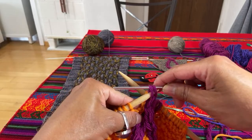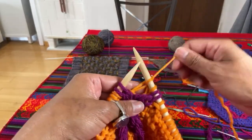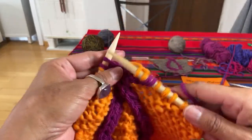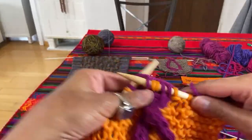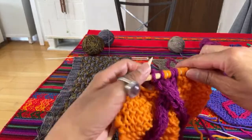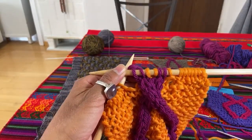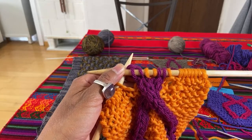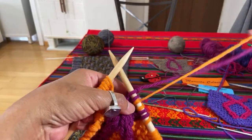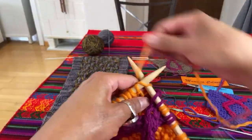We pass the stitches to the left side, or to the left needle, and with the rose yarn we make the 2 knit stitches with the rose color. So you can see that we have 2 knit yellow stitches in the center. And with the yellow yarn we repeat